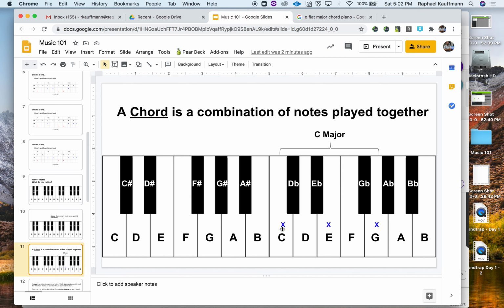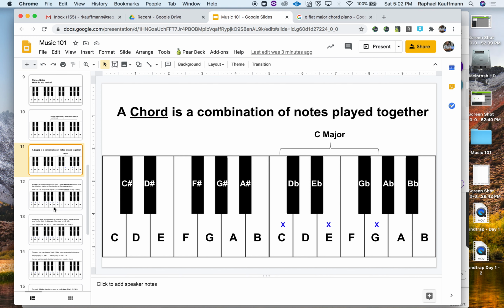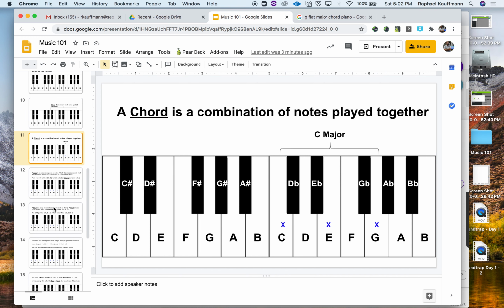If we look at these blue X's, C, E, and G, that is called C major. It's the C major triad. It makes up the basic C major chord. We're not going to get any further into triads or inversions yet, but I do want you to know that